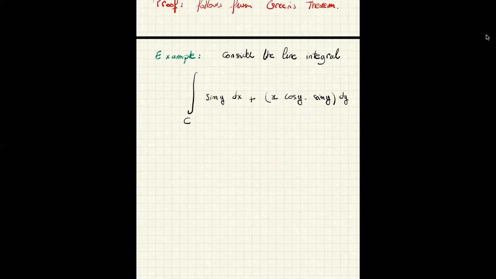Okay? Where C is some curve, some path from